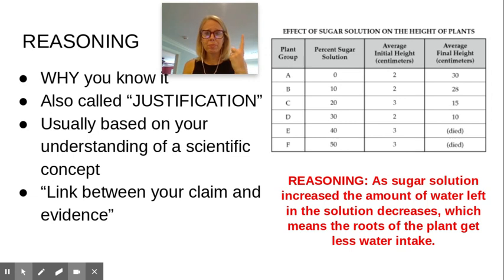So claim, sugar solution negatively impacts height. Evidence, I pointed to my 0% sugar solution versus my 30% sugar solution, giving the numerical data for how tall those two groups grew. And then why did that happen? Well, as we increased sugar in the solution, there was actually less available water in that solution. So when we are adding that to the roots, the plants get less water when the sugar solution increases,